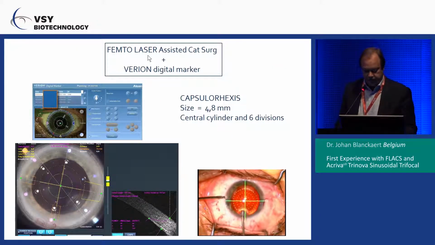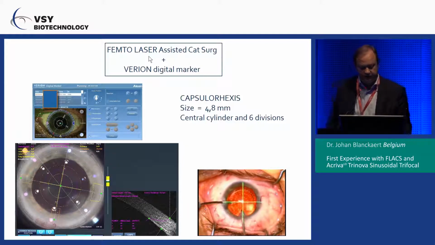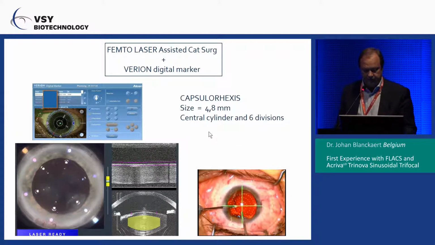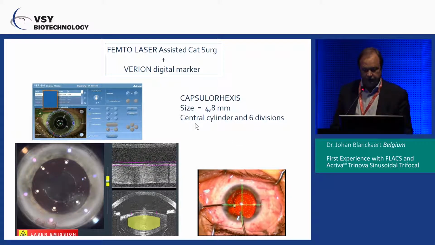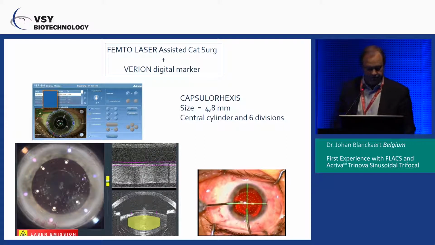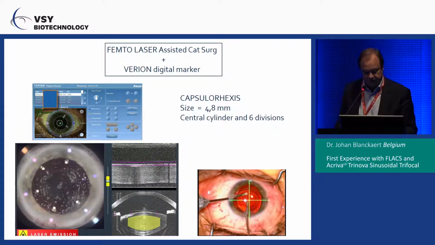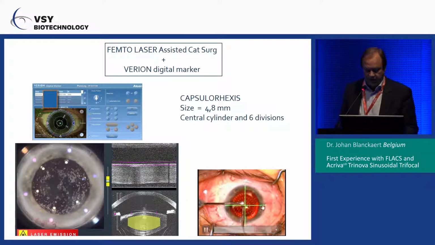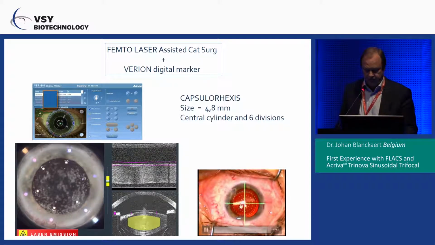I use the femtolaser-assisted cataract surgery plus the Verion digital marker. The capsulorhexis is made at 4.8 millimeters, and I have a central cylinder and six divisions of my nucleus. Here you can see that it's quite an easy centering of the IOL. You can see with the visual axis that it's nicely centering